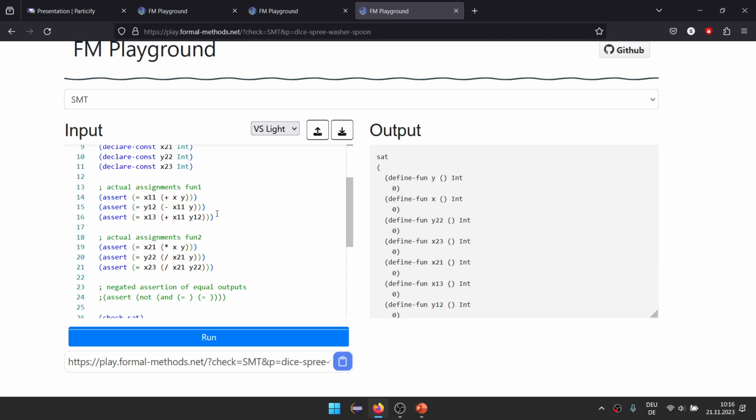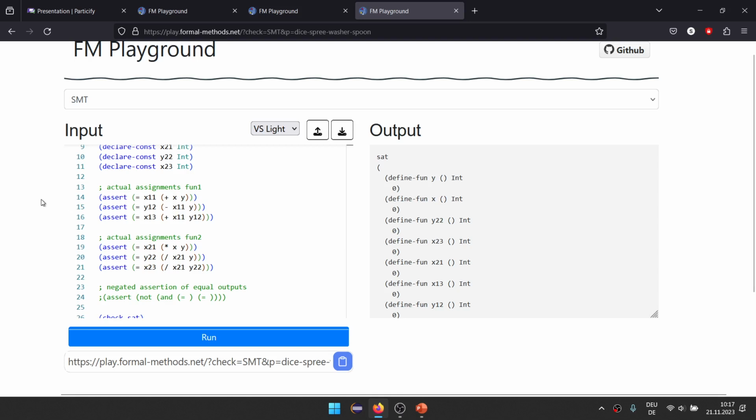What does this model now mean? We don't have any further assertions, right? We just have implemented the program assignments. So what does it mean to have a model? The model has an x and a y. Those are the inputs. And it has some stuff with, well, x in program 1, line 3 is 0. So these are actually the outputs, right? So we now have one possible execution of these programs, one possible assignment to variables in an execution of these programs. But we want to actually check that they are